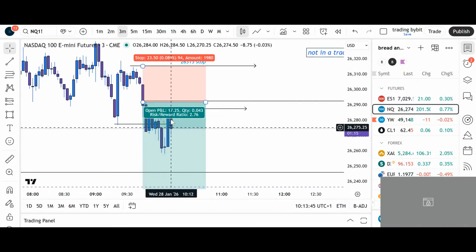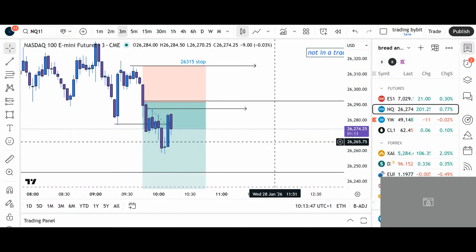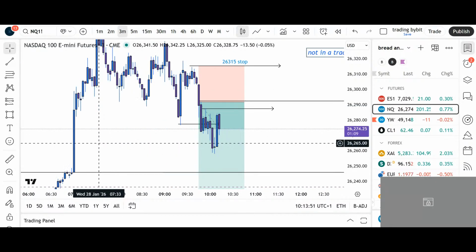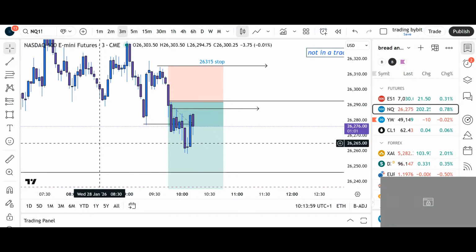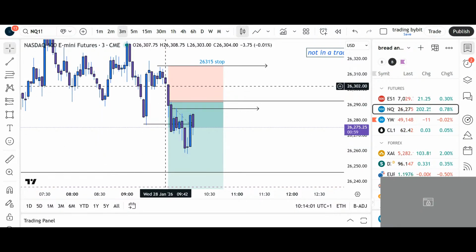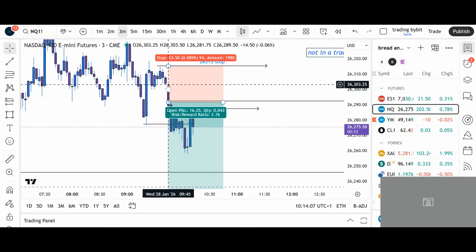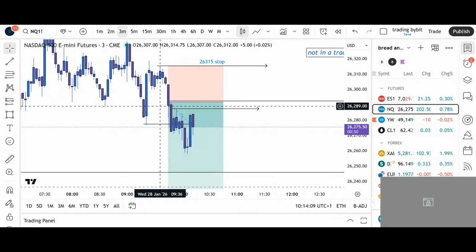But this is definitely a very nice, strong 3-minute candle back up. So this is an impulsive move. Like I said, the market can definitely come up all the way to 26,304. So that could be an entry too that you couldn't take instead of this one. I've got to keep it where I put mine.